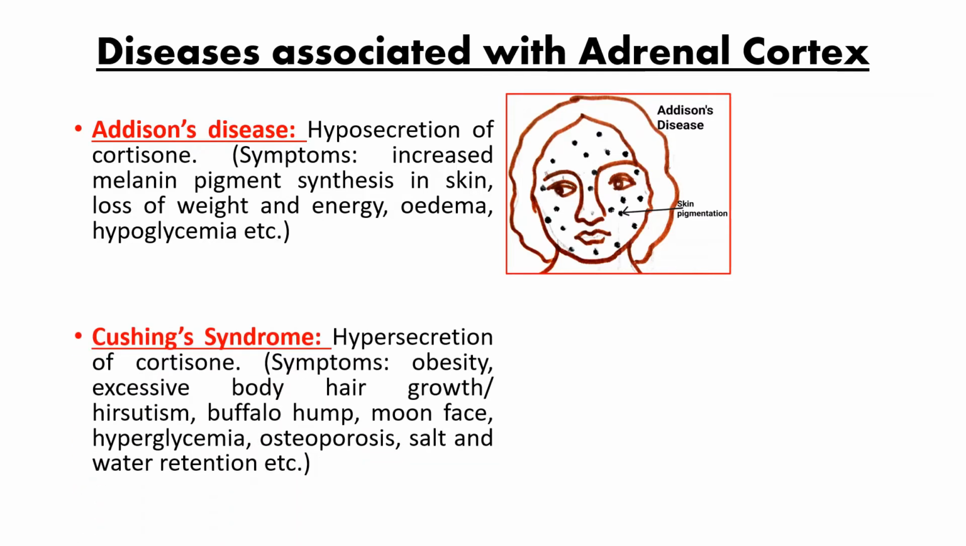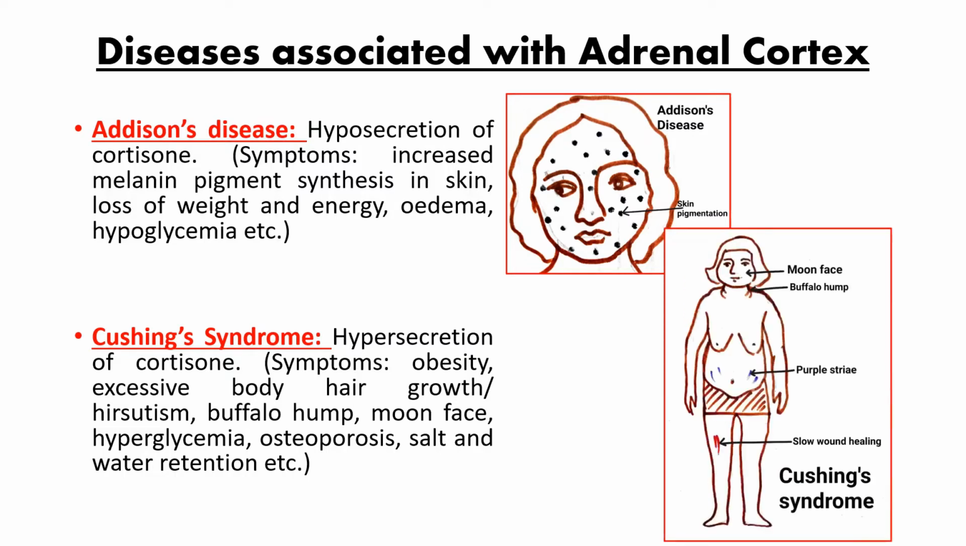Now the opposite way for cortisone to develop a disease is its hypersecretion. And by the hypersecretion of cortisone, you may develop Cushing syndrome. What are the main symptoms of this disease? See, the person becomes obese, they become fat,